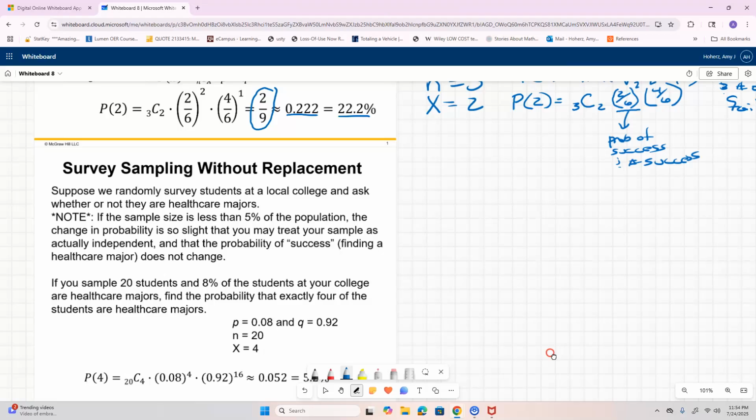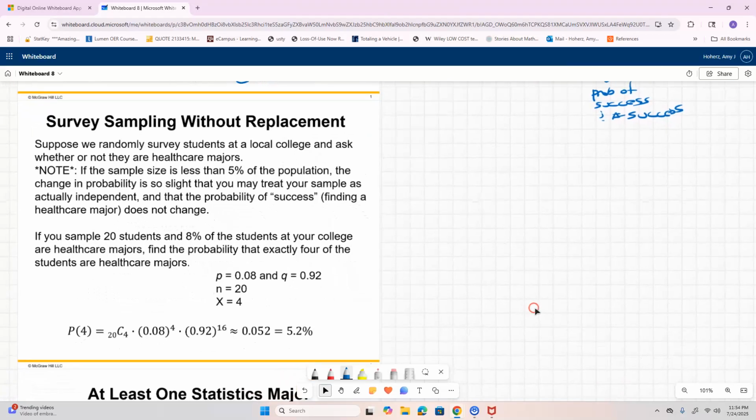All right, so let's do another example. Now this is a little bit of a different situation because they want to point out to us that if you have a very large population, when you're drawing people out of that population, we can treat it as if they're independent events. So what they're saying is if you have 1,000 people in your population and you just draw out 10 people, you don't really have to consider that as